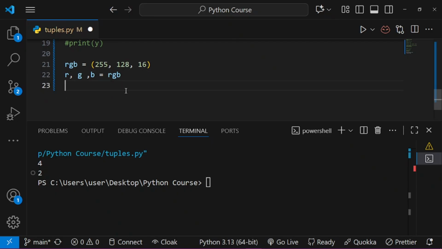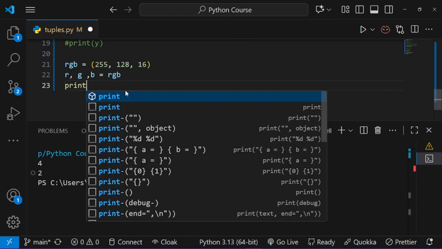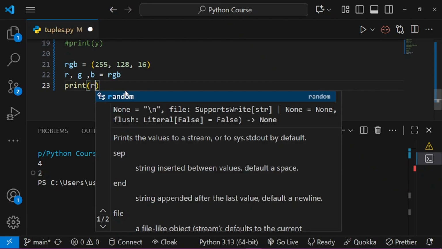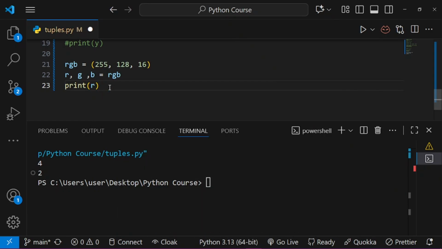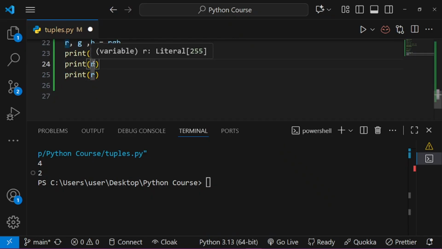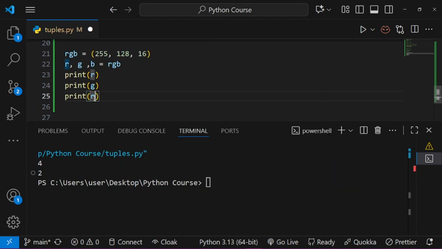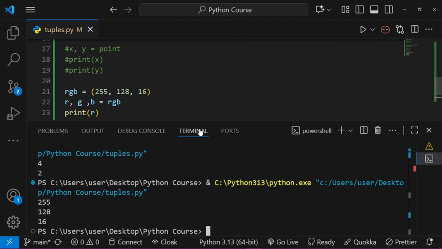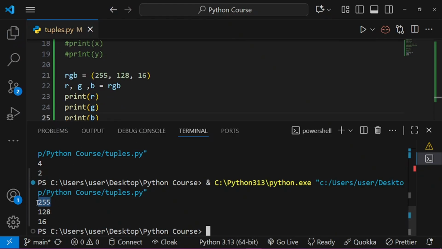So once again, we just have to go ahead to verify. Let's print R. Yes, and now let me be lazy. I'm a programmer. And then we can just change this to G. And then we can just change this to B. Now we run. Good. And then we can see that our R is 255, our G is 128, and our